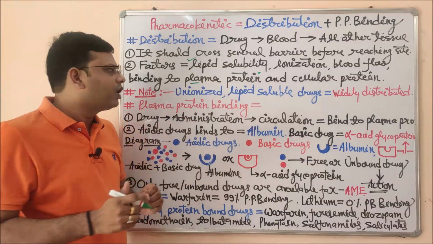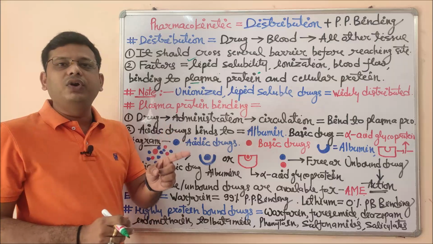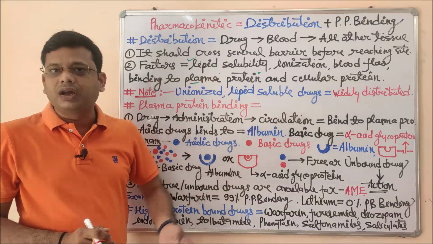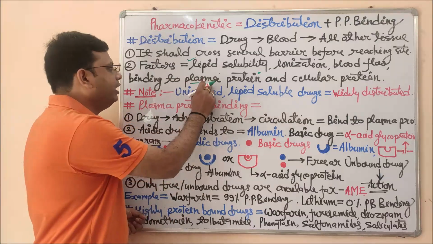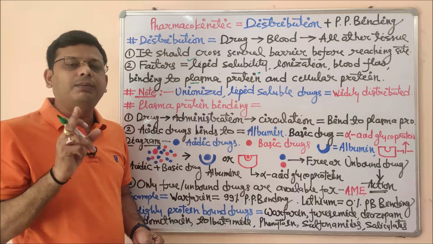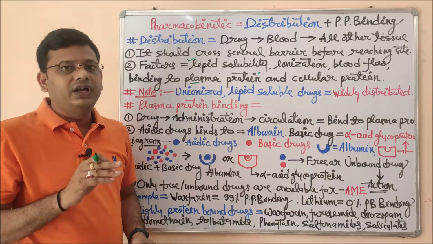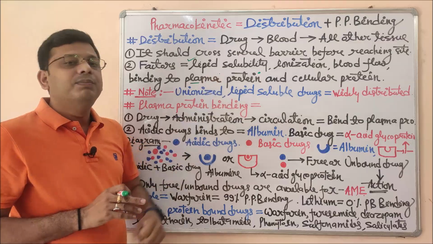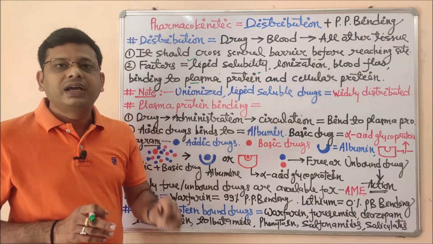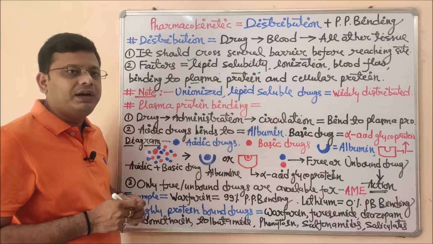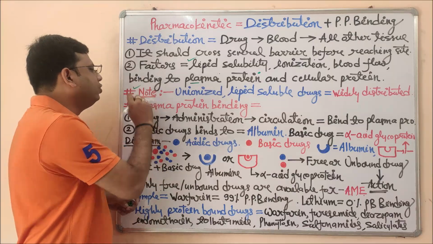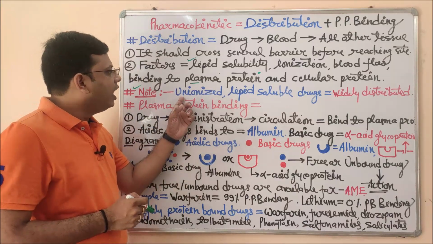So this is an important factor. This may convert into an accumulation effect, and that will be our next topic in an upcoming lecture video. So this is very important. You should keep all points regarding plasma protein binding very carefully. In the next slide I am going to explain plasma protein binding in a specific manner, exclusively. Now we should take note, that is very important.